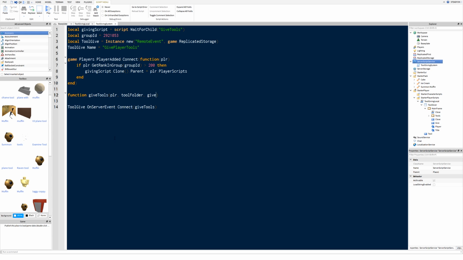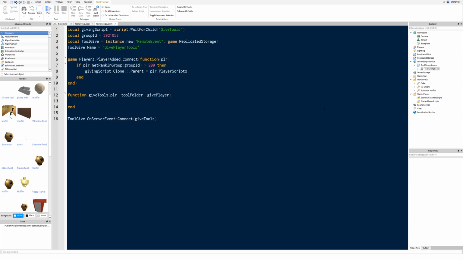Now, I know we only give this script here to players who are in the group, but just in case somehow someone manages to acquire this GUI in another way, we're still going to perform a check, and we're going to say if PLR get rank in group, group ID, is more than 200, then